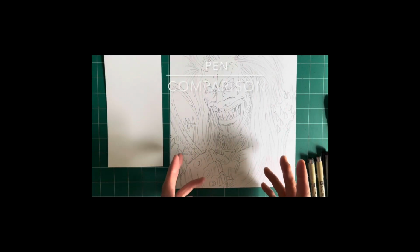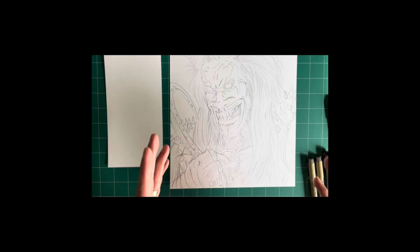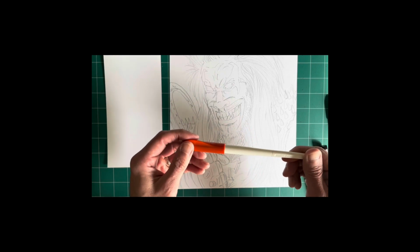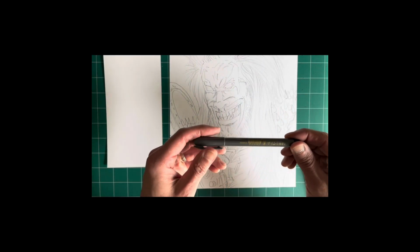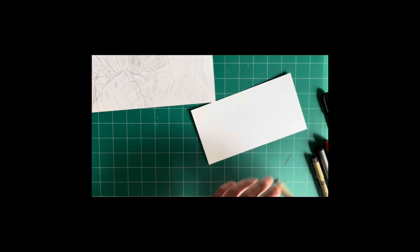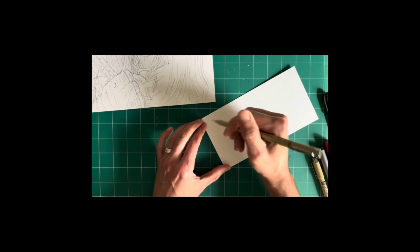Okay, so before we get started with the actual inking, I thought it would be good to do some comparison to the Micron monoliners that I have and the Copic Brush Pen, and I'll even throw in the Pilot Parallel Pen too, versus the Zebra Zensations fine tip brush pen that we'll be using here. So let me move this over to the side, get the scrap paper here. All right, so with the 8 micron,